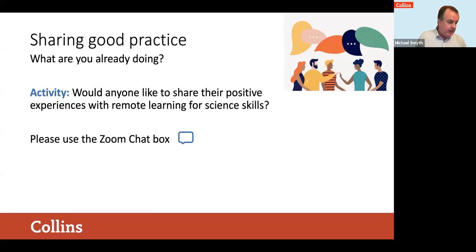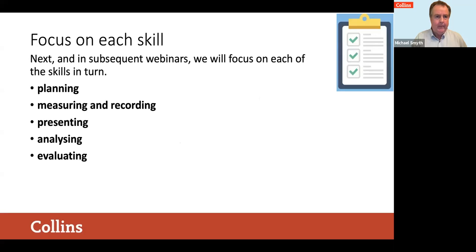Brilliant. You may notice actually, again, if you've been observant, that I refer to students. The official Cambridge terminology is learners, but I don't use that term. I refer to students because I think we're all learners. And in this situation that we find ourselves at the minute, a global pandemic with school closures and so on, it's a very steep learning curve for us as well. So that's why I don't call the students learners. We're all learning. Okay, so it sounds like some really good stuff going on out there.